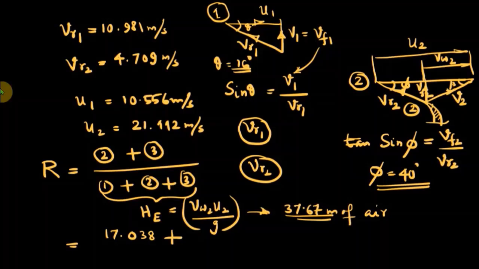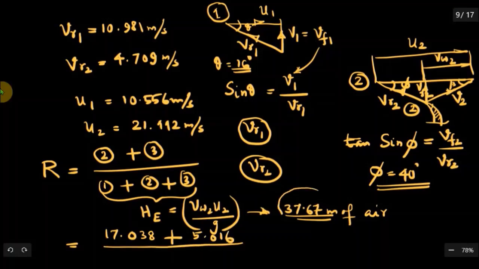If you calculate U2 square minus U1 square by 2g, you will get 17.038. The third term, the relative velocity part, VR1 square minus VR2 square by 2g, is around 5.016. Then that is divided by the sum of the three terms together,